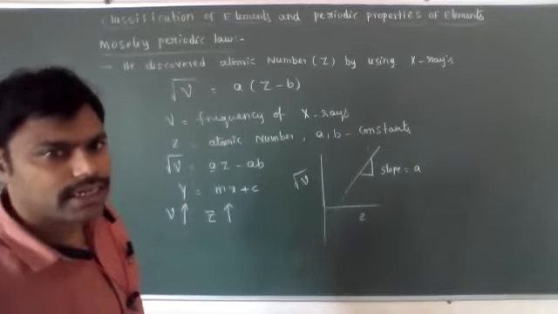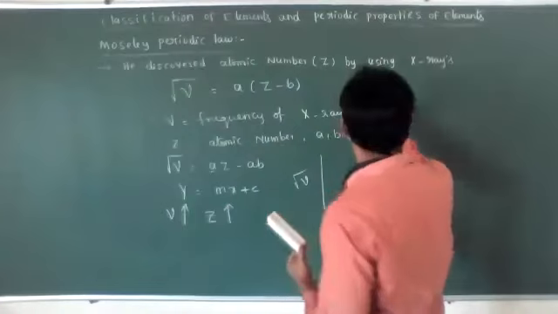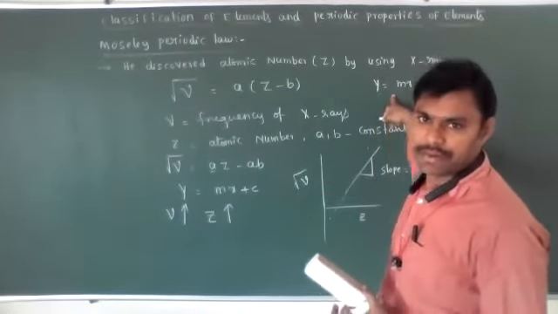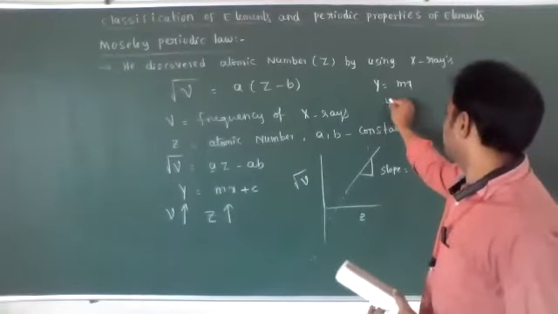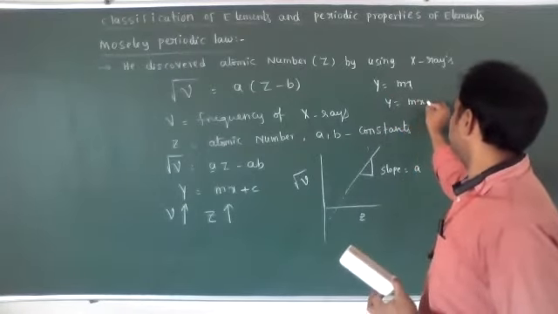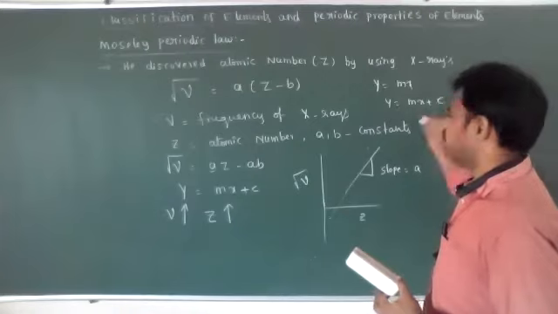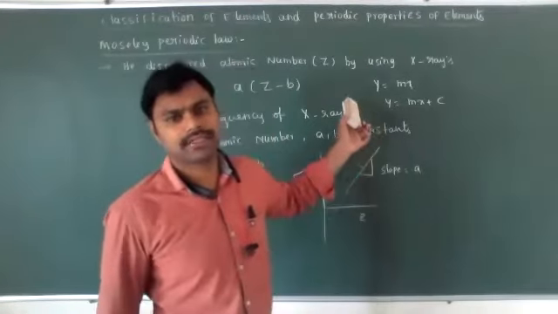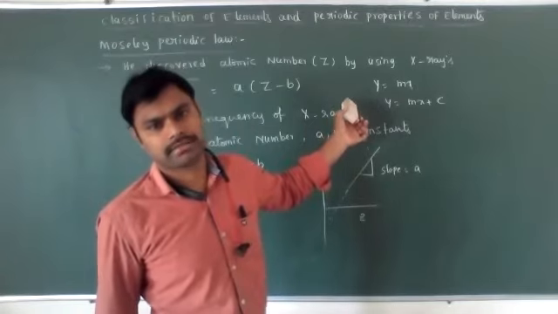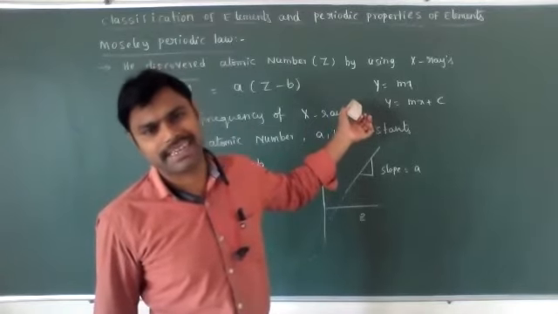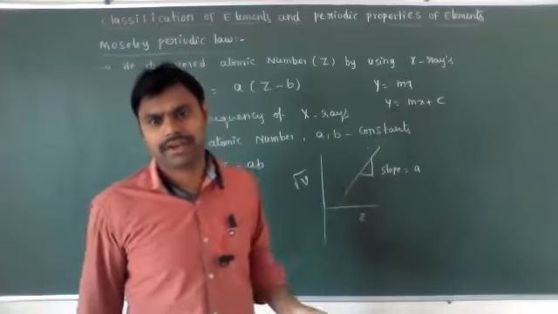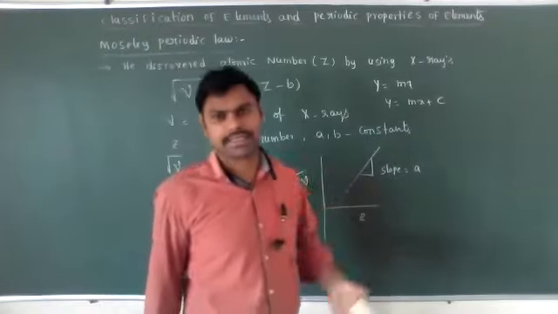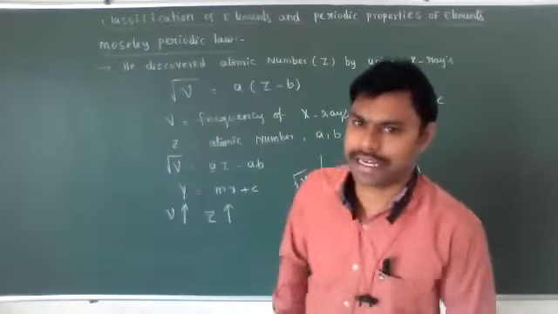Generally, linear equations are of two types. One is y is equal to mx, meaning the line passes through the origin. The other is y is equal to mx plus c, where the line does not pass through the origin. M is the slope. In mathematics, these graphs come up often and are very important. I think you learned them in 9th or 10th class, the graphical representation of coordinate equations, where x and y are the coordinate axes.